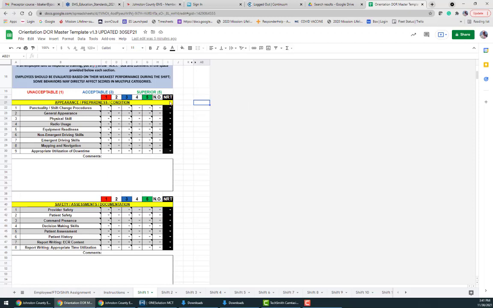Now, as you go through each one of these, what you'll see is general appearance, physical skill, radio usage. All of these have the definition of what they mean. All you've got to do is hover over it. Every single one of these also tells you what is the acceptable standard. Now, grading from a 1 to 3, same thing. Let's say they were late, 10 minutes late, but they meet everything else in a 3, well then that's a 2. So let's take a look at this, and I'm just going to start grading some random stuff